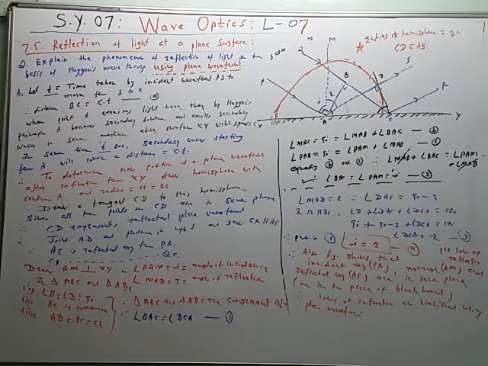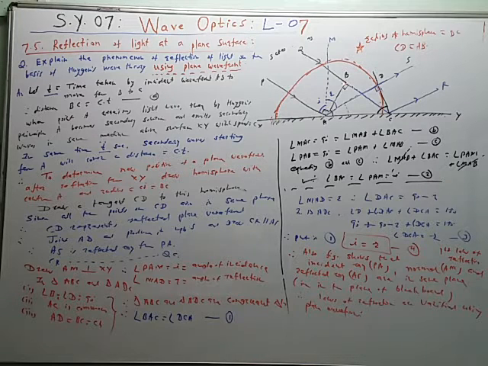So to cover the distance BC, it will take some extra time. The primary wave moving along this direction will take some extra time to touch the surface XY, and therefore that time we have assumed T. So T is the time taken by the incident wavefront AB to move from B to C. So BC is equal to the distance covered in time T seconds, therefore BC is equal to CT, where C is the speed of light in air and T is the time taken.